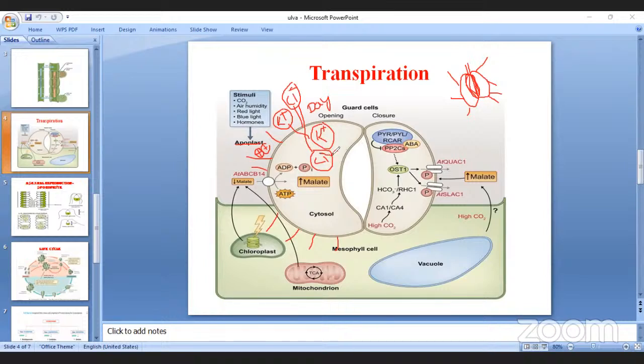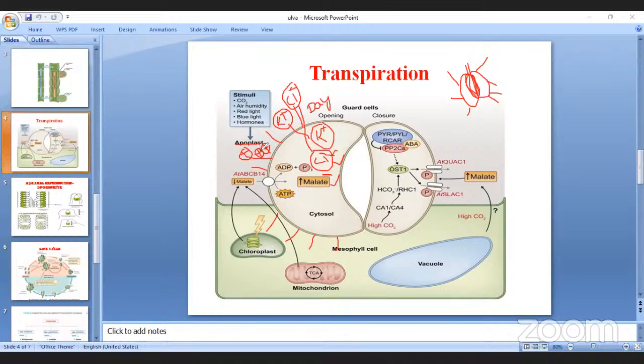Here the chloride Cl minus, and malate ion also minus. So here the malate ion is minus, chloride minus. Both are negative. But in the subsidiary cell only positive is created, positive water potential. Now tell me